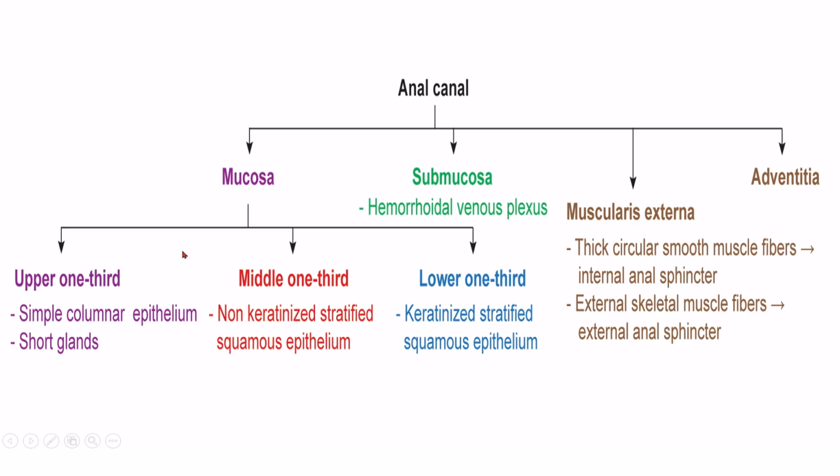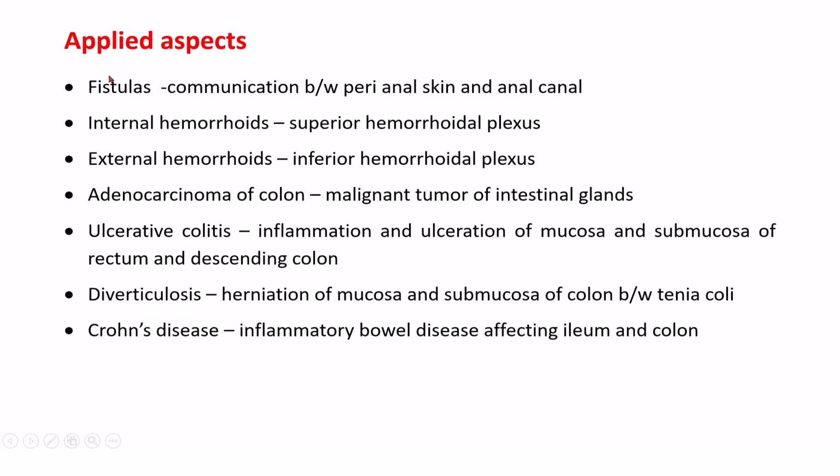You can see here mucosa: in the upper one third simple columnar epithelium, middle one third non-keratinized stratified squamous epithelium, lower one third keratinized stratified squamous epithelium. Submucosa has the hemorrhoidal venous plexus. Muscularis externa: thick circular smooth muscle forms the internal anal sphincter. External skeletal muscle fibers form the external anal sphincter, surrounded by adventitia. There is no relationship with the peritoneum here. So applied aspects: